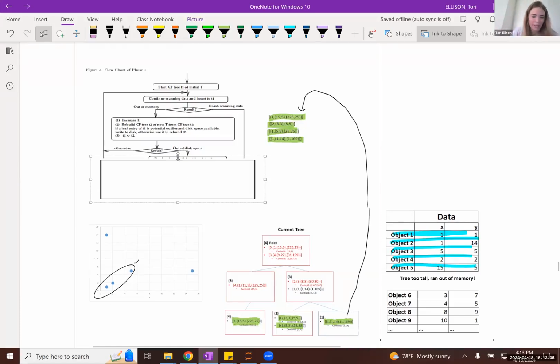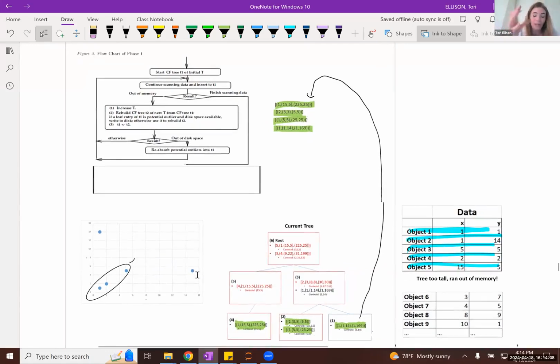And so the extended phase 1 also has these other subroutines where, if it detects that perhaps one of these subclusters or a few of these subclusters are outliers, you have the option to write information about those outliers to some other location, if you will. You can write it out to disk, some other location, so you're not actually storing all of this potentially superfluous information about outliers in your Jupyter Notebook working environment.